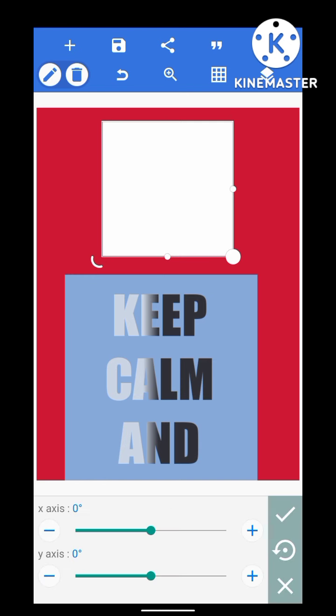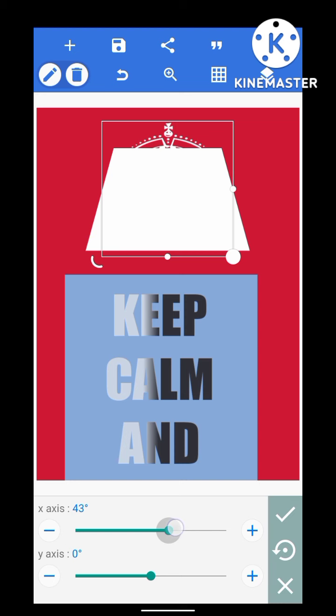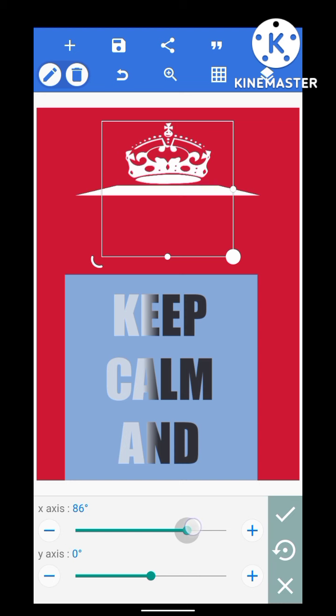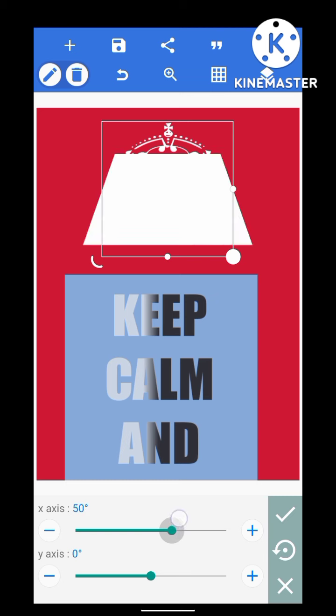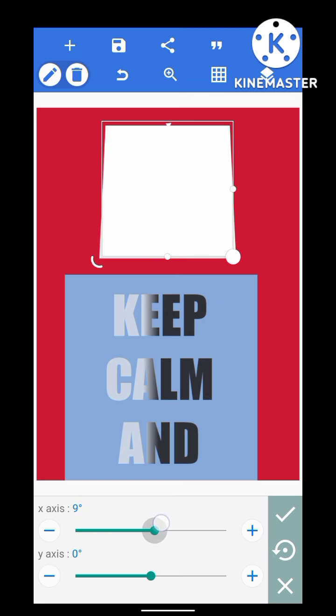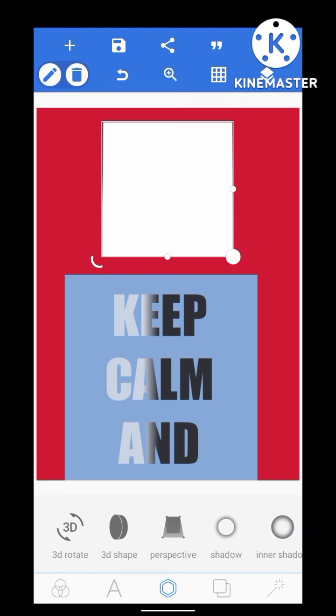The same thing, 3D rotate. This is for adding 3D effects. I mostly use this when I'm doing photo manipulation and stuff like that. So I'll be teaching you how to work on all these tools as we design. Once we design, you will know what they're used for. 3D